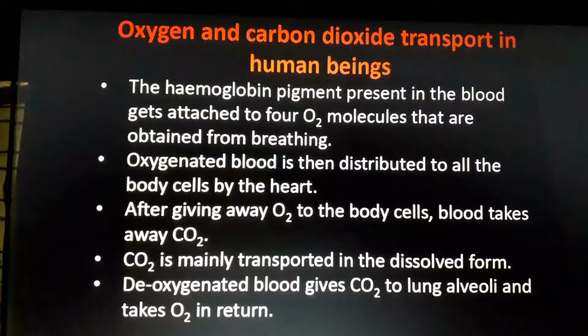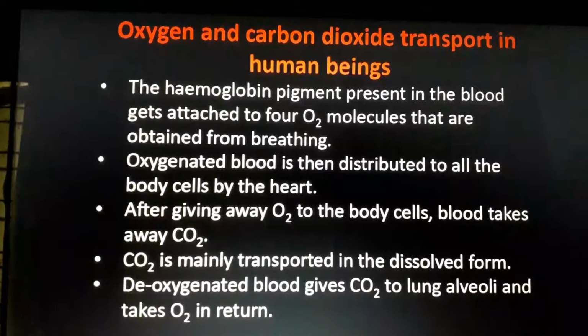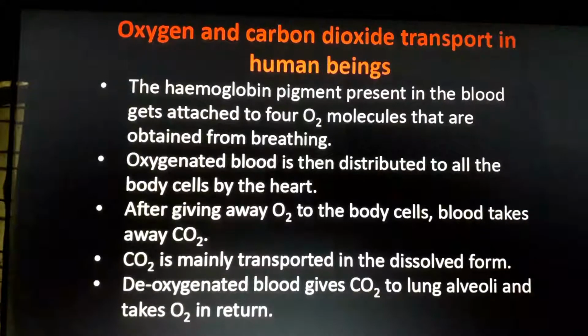So this chlorophyll pigment, which is the main pigment behind photosynthesis. Am I right? But here one more pigment is there. Oxygen in its purest form does not dissolve very easily in blood. Each and every time we are breathing oxygen, but if it is in the purest form, it will not dissolve in blood. So something must be there to take it on.